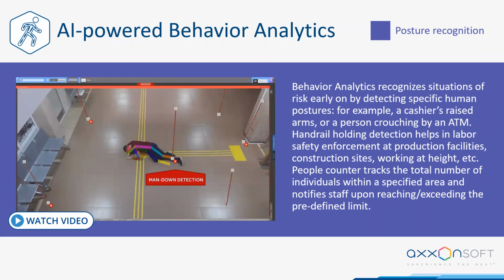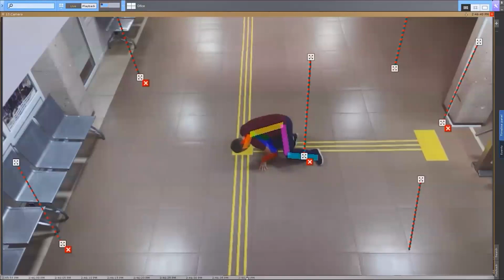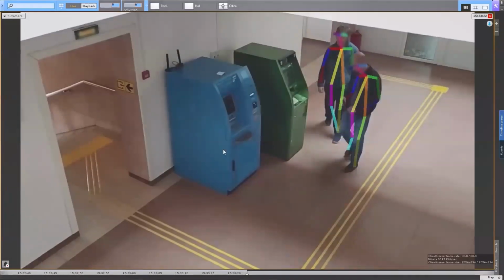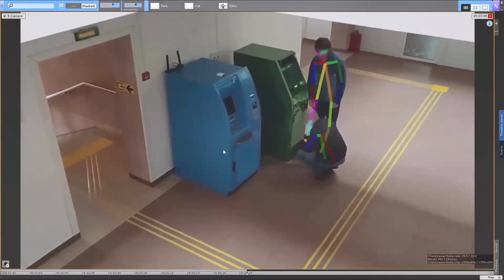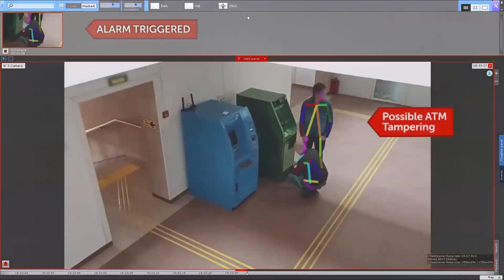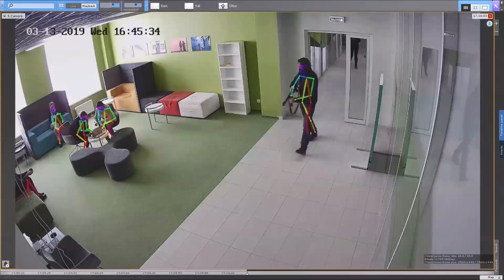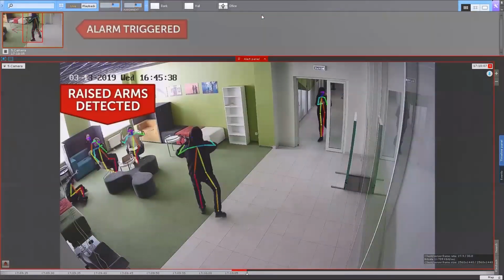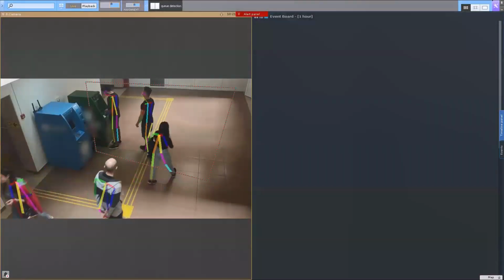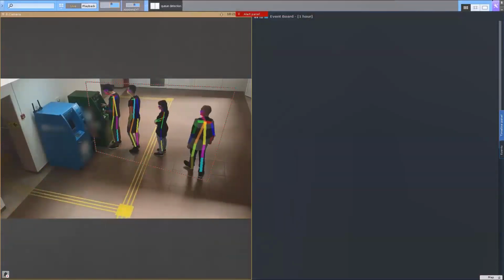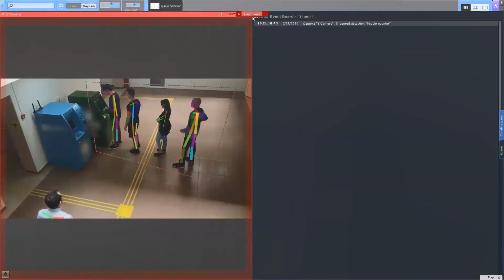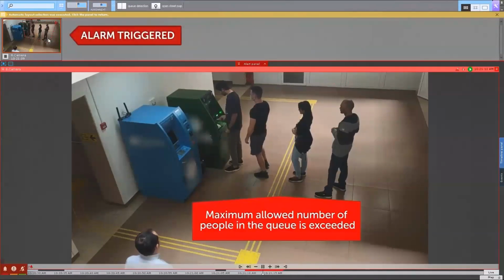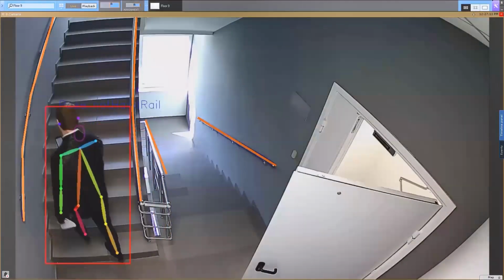Now let's move to AI analytics. These days, it allows us to detect not only people, but also their posture. As you can see in this video, each person has a so-called skeleton, which is segmented into separate body parts. The position of the body parts makes it possible to determine a person's posture. Using this information, you can manage social distancing in public places. You can set a required distance between people, and if it's violated, the system performs a certain reaction, like initiating an alarm, or it can send a notification.